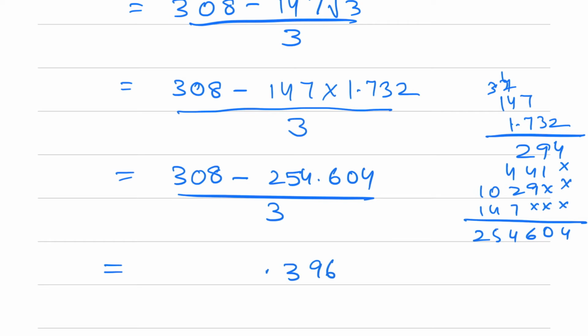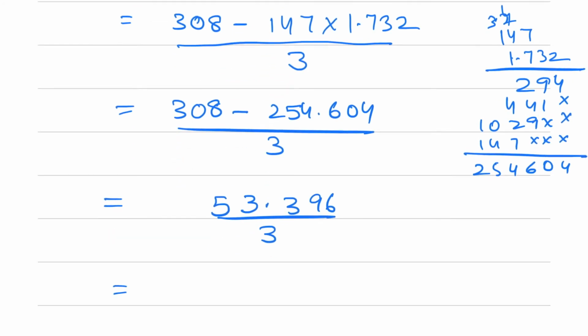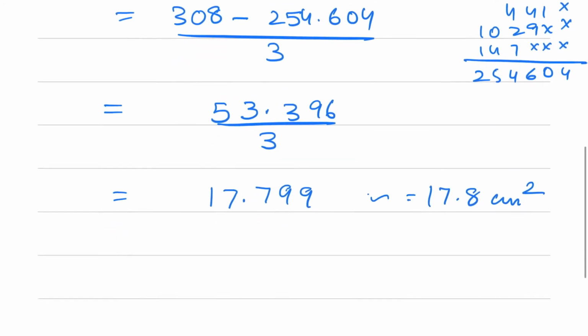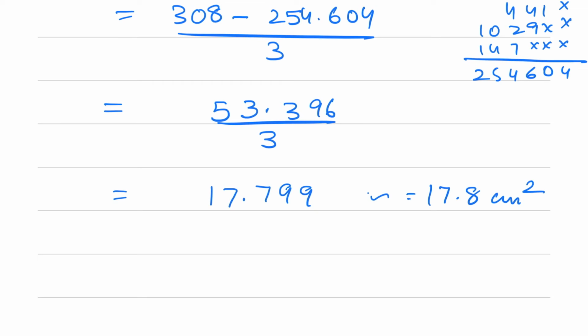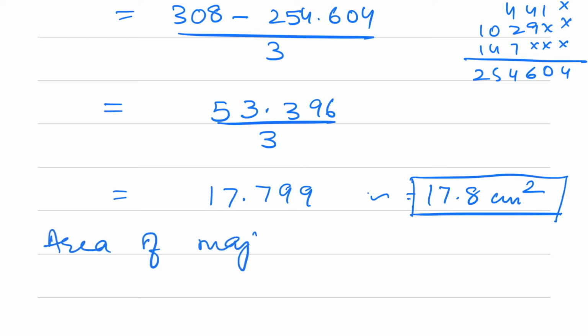396 and 7 minus 4 is 3 and 53.96 divided by 3. 3 1 then 23 7 decimal point 21, so again 7 9 and I can write down 9, so approximately 17.8 centimeter square because radius is given in centimeters. Now so this is the area of minor segment. Now area of major segment